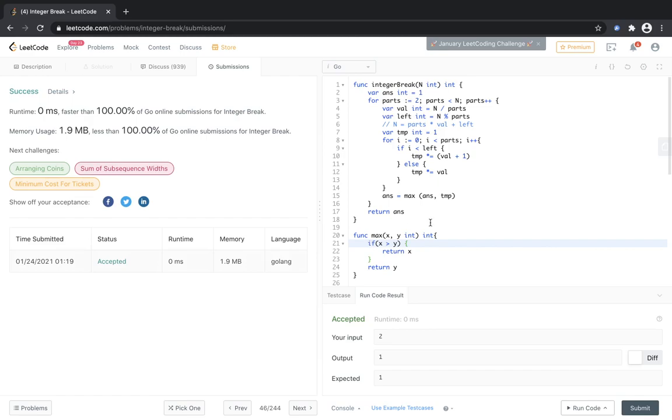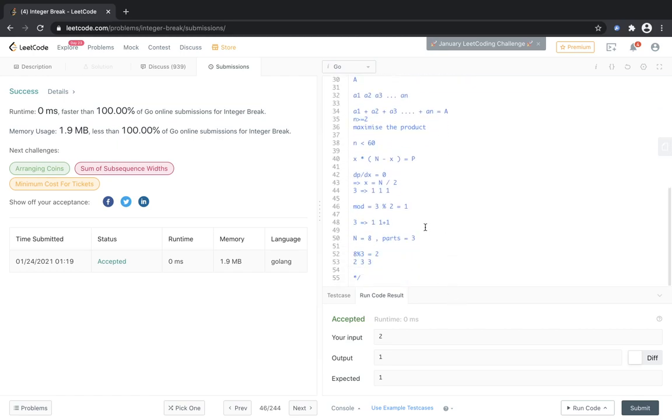So this is accepted. So what we did is that, obviously I will explain this in the very next video, but I just wanted to try to explain it while doing this question. This is what I'm trying for the first time here. First I'm trying to do the question and then I'm going to explain. And wow, you can see that the runtime is 100% faster. So this is one of the best codes, and the memory usage is also the least.